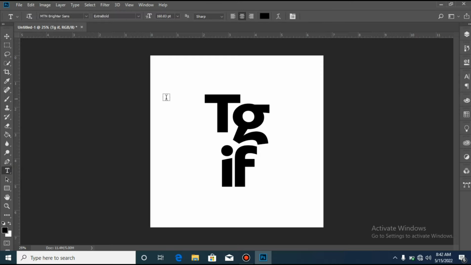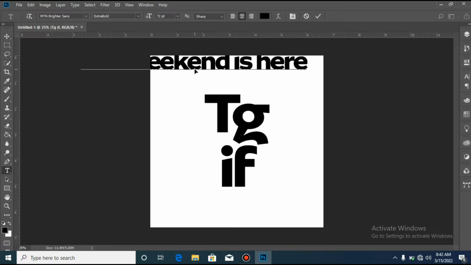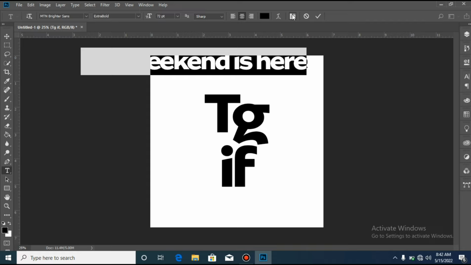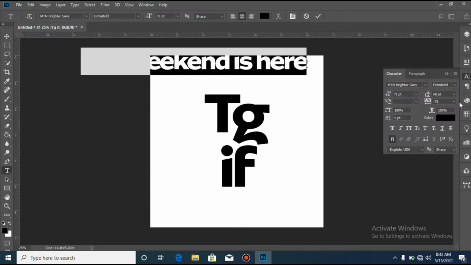So I'll head over to my text tool and I'll type in the rest of the text that I need for this design. The weekend is here. Okay, so Control A. Head over to my character panel, and what I'm going to do is I'm going to